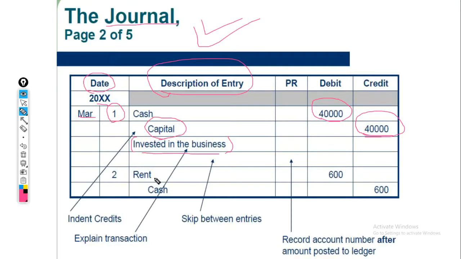This other entry is rent account debit to cash, which means that rent is paid. Rent is a nominal account, hence debit all expenses. Cash is a real account: debit what comes in, credit what goes out. This is how a journal entry is shown in the books of account. This is a more proper and systematic format for anyone to read. As you can see, invested in business is a narration of the entry, that is, the description of the entry. You are free to write this on your own.